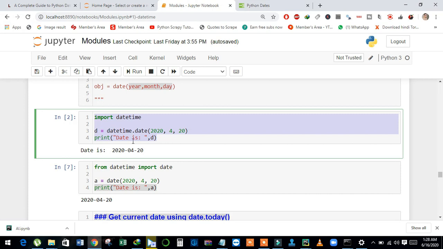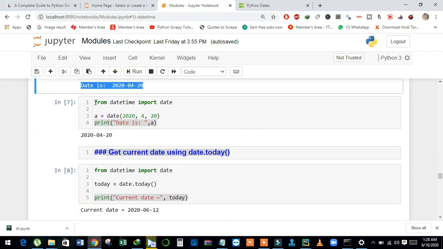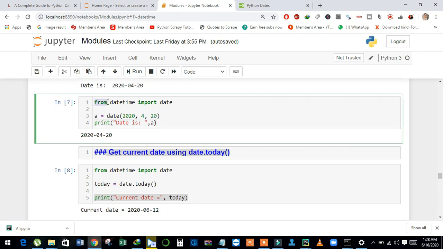After importing datetime, then dot date, and see here, these are the arguments: year, month, and day. It is stored in D, and then I print out D, and see here, this is the result of the D object. And we can also do this using the from keyword.